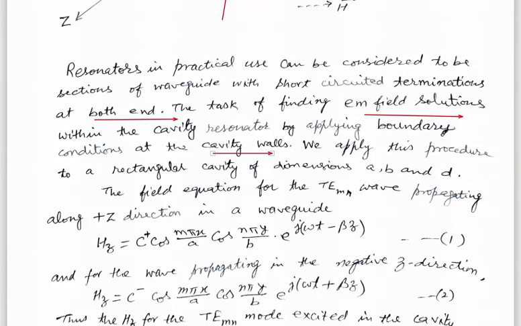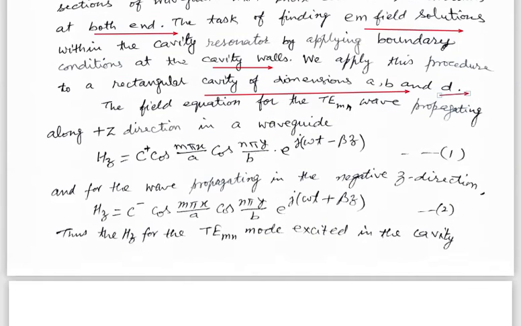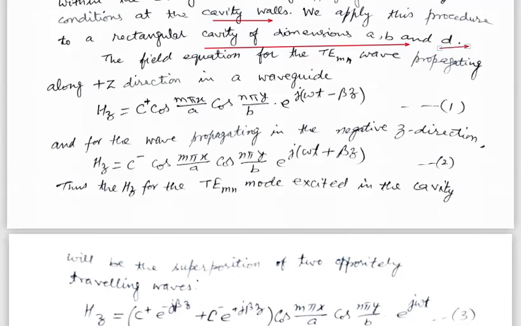So we apply this procedure to a rectangular cavity resonator with dimensions a, b and d. Now in our waveguide theory, for the TM_mn mode, we have obtained the solution for the z component of magnetic field along the positive z direction, along the axis of the waveguide, which is given by